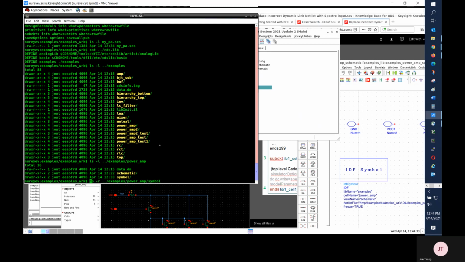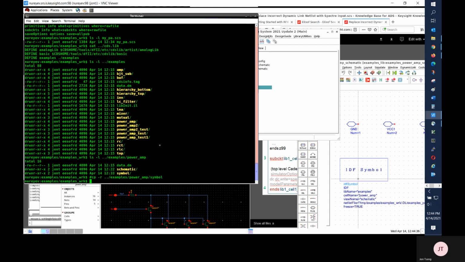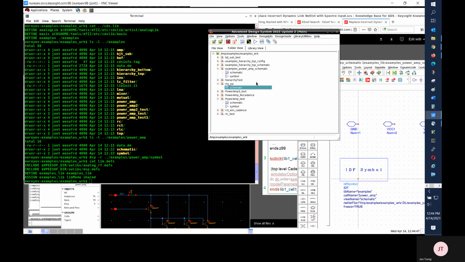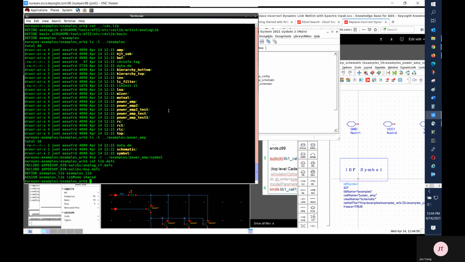Before I make the copy, I need to look up the directory for the ADS library in the ads lib.dev file. The lib.dev file shows that the library name is examples_lib, and the directory is examples underline lib.